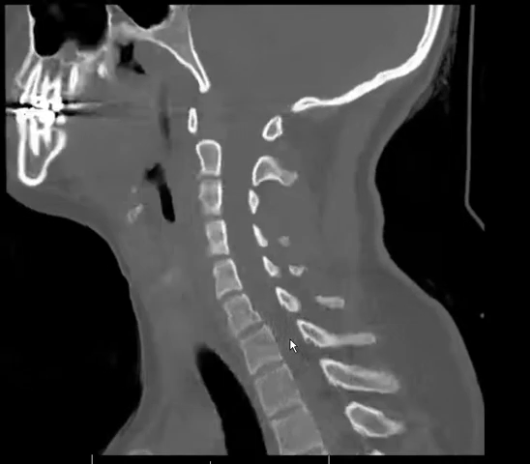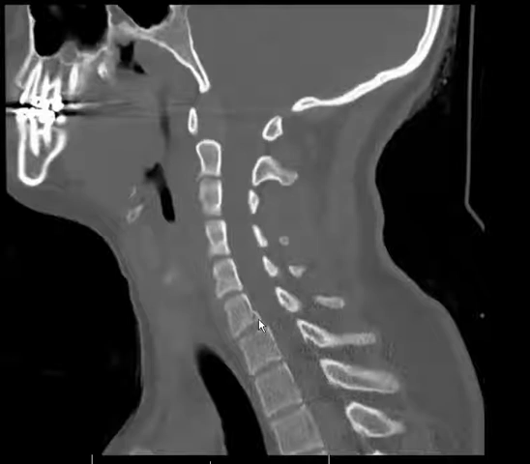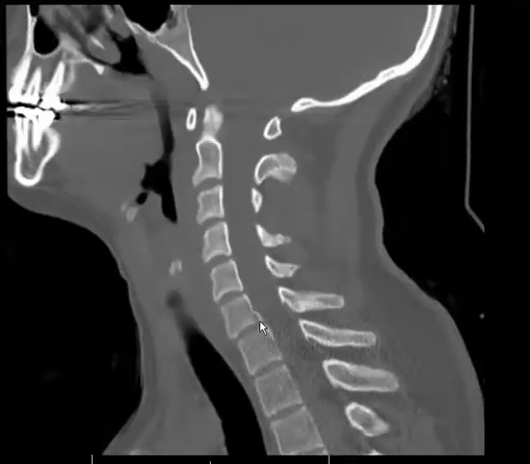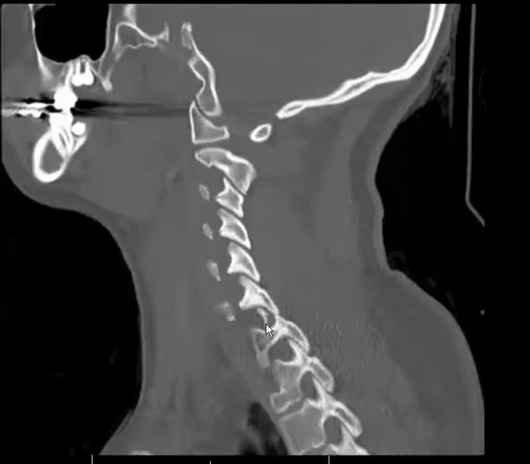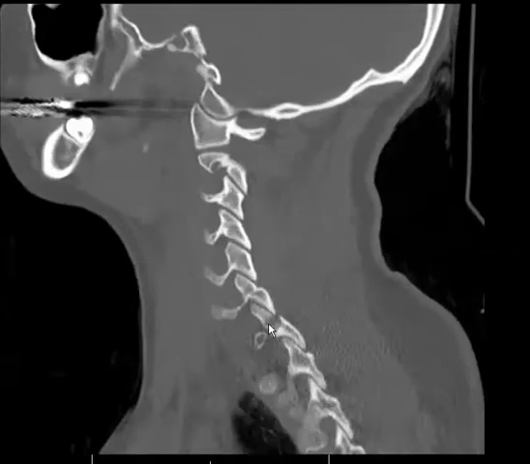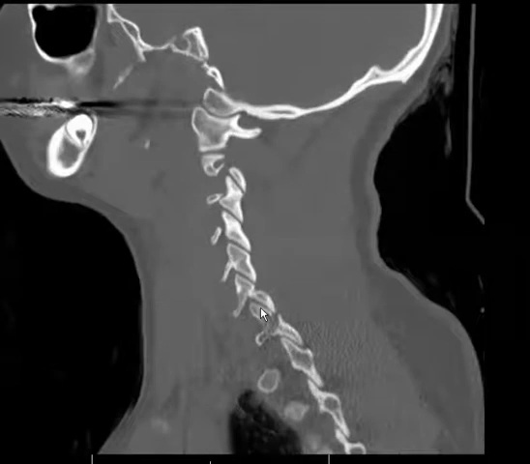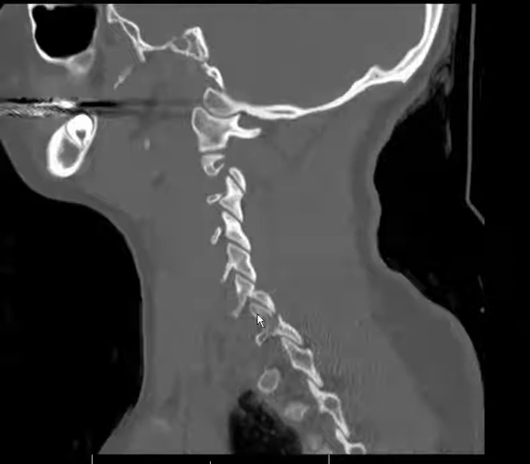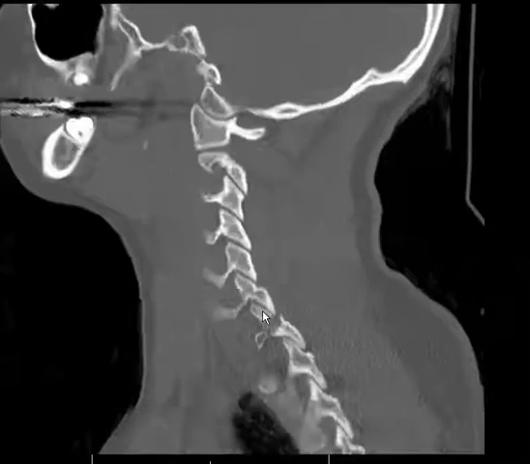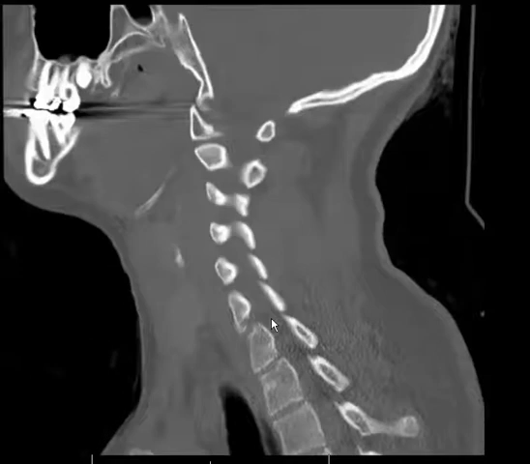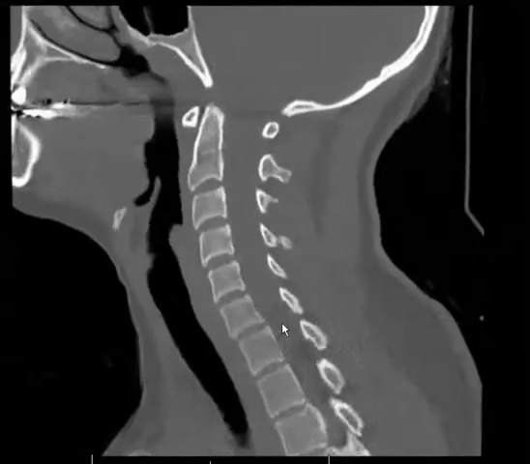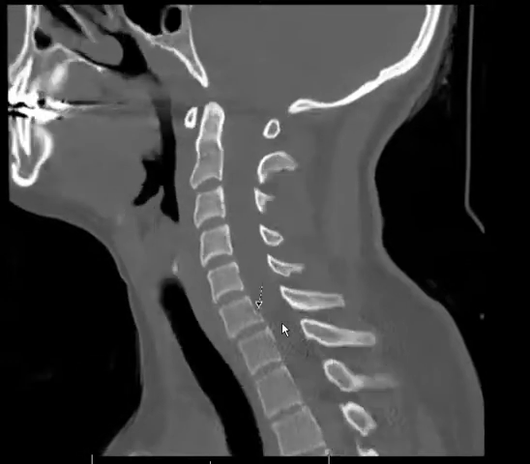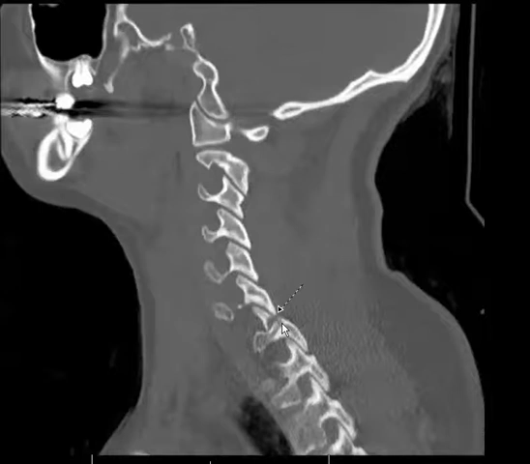So the findings in this case are a fracture of the C6 posterior inferior vertebral body as well as a superior articular facet fracture of the right C7 with associated diastasis between the facets here at C6 and C7. This is an unstable injury, and it's important to order an MRI of the cervical spine to further elucidate the